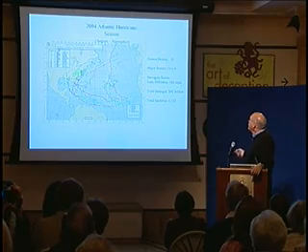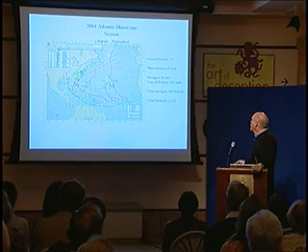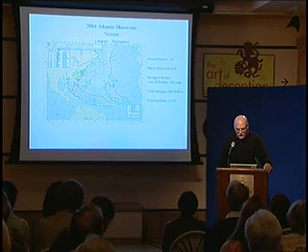Last year, there were 15 named storms. Of these, half a dozen were major storms, Category 3 or above. The strongest storm was Ivan, with a low pressure of 910 millibars and maximum winds of 165 miles an hour. The total damages from last season were about $42 billion. And we know this year that we're going to be well above that, certainly over $200 billion. And the total fatalities last year were approximately 3,000, mainly in the Caribbean.